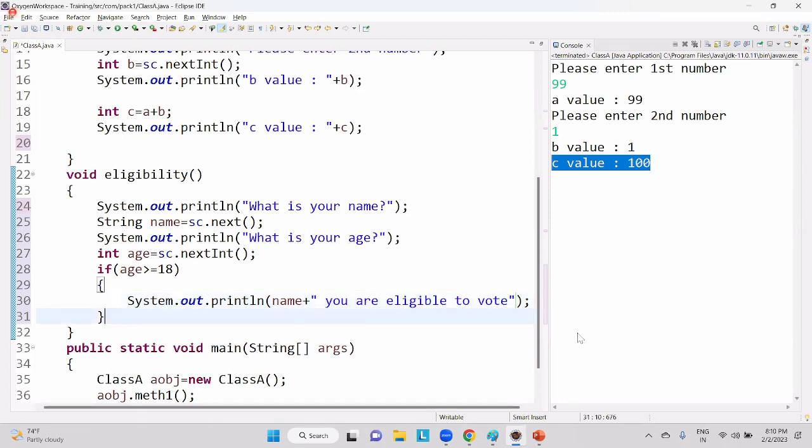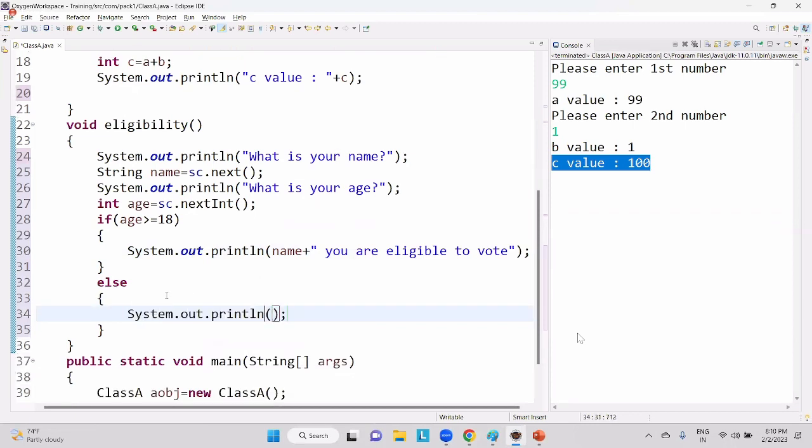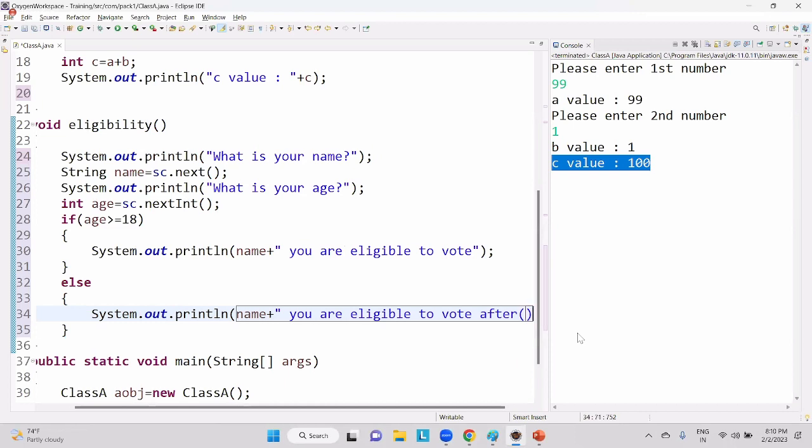You're eligible to vote. Okay. Else, again, System.out.println, name plus you are eligible to vote after